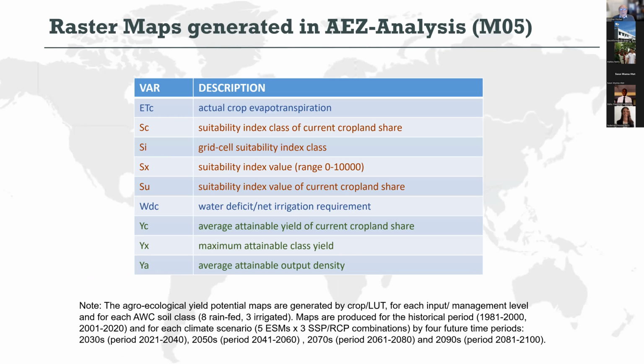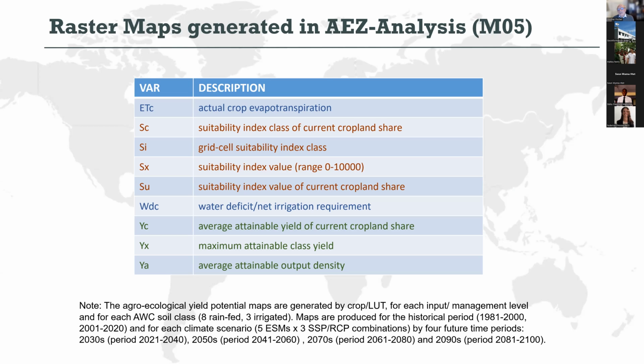Here are some of the variables, maps generated in the analysis of what we call Module 5. It's actual crop evapotranspiration, suitability index class, calculated in 3 variants. I will come to that. Water deficit, net irrigation requirements, and again, yield, attainable yield calculated in 3 variants. Why 3 variants? Since we have in each grid cell a combination of soils and a combination of terrain slope classes,